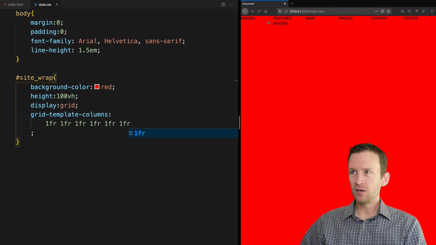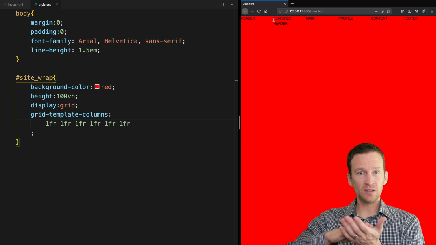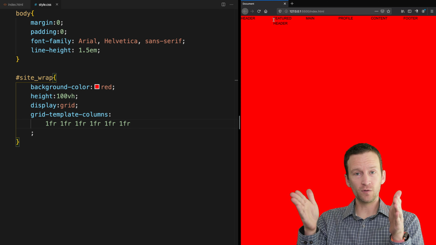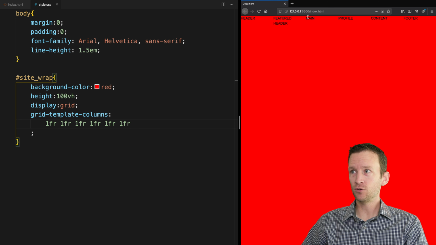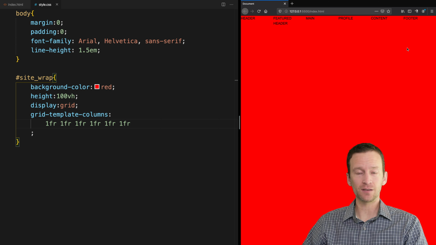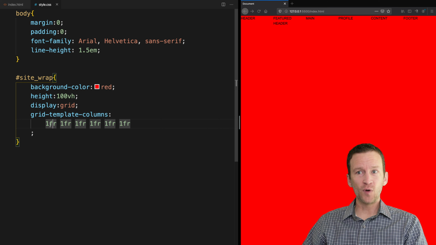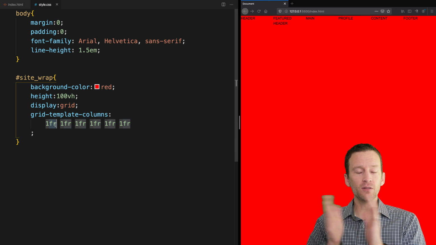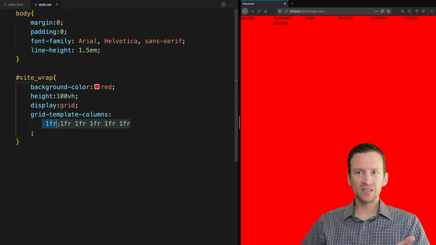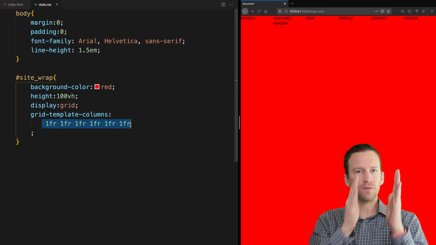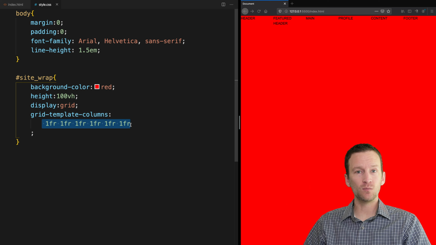Now you can see what happened here is this shifted these guys. Instead of being displayed in rows by default, they now shifted over to be displayed in columns. So I have 1, 2, 3, 4, 5, 6 columns. Now there's a couple things we need to learn here. The fraction unit, fr, is new, and that basically means take up all the available space. In other words, because I have 6 equal fractions, it's just going to divide my page into 6 equal width